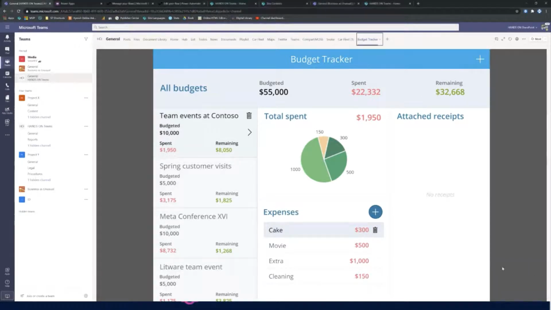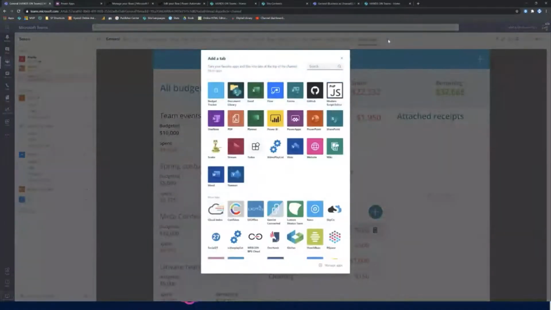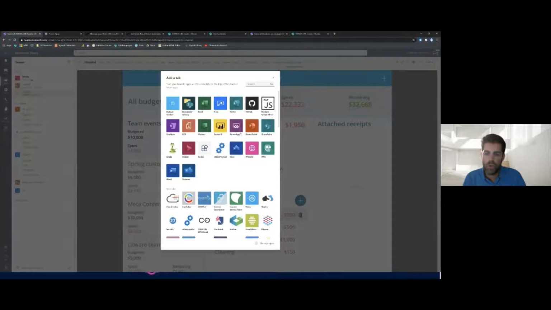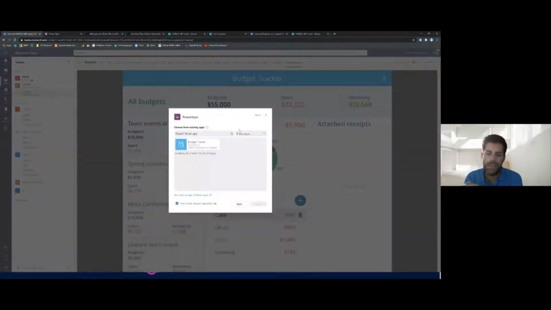So basically, this is the app that I've been talking about. And this is one of the templates available in the Power Apps when you first start the app. To add this to a team, or to add any app to your team, what you need to do is create or add the Power Apps app. This will bring a list of all your apps. And the only thing you have to do in reality is to select the app that you want to add